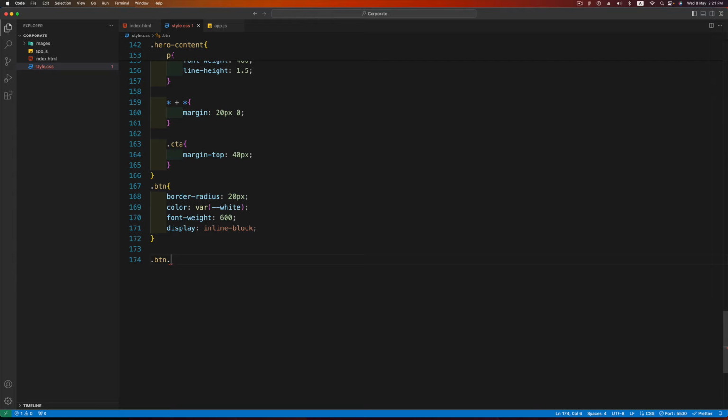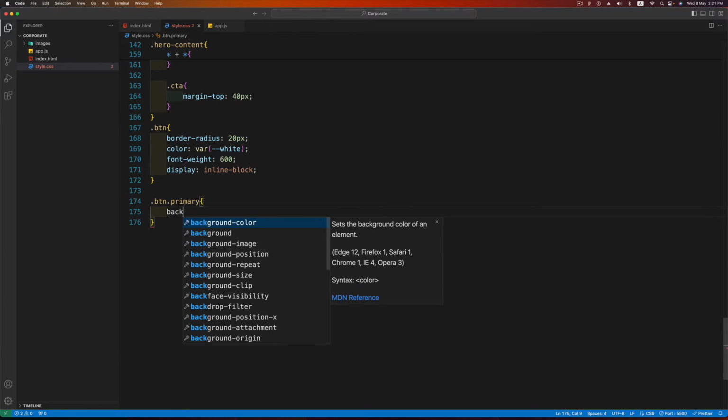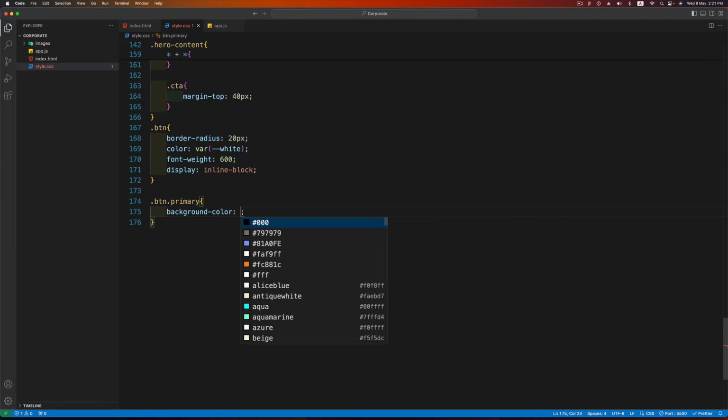And now I'll target the primary class. So button.primary, background color will be primary,